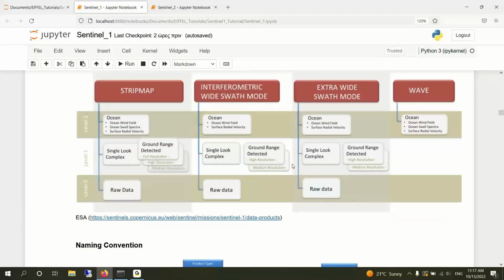Level 1 data are the generally available products intended for most data users. They are produced as single look complex and ground range detected. Level 1 single look complex products consist of focused SAR data which are georeferenced using orbit and attitude data from the satellite and provided in zero Doppler slant range geometry. The products include a single look in each dimension using the full transmit signal bandwidth and consist of complex samples